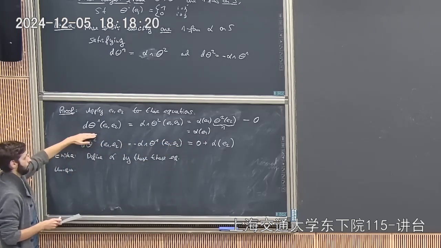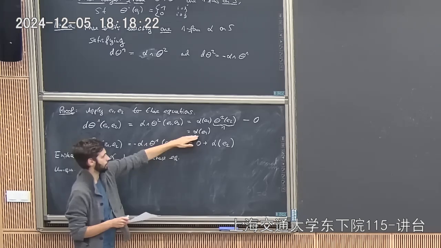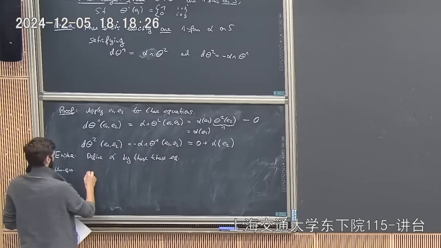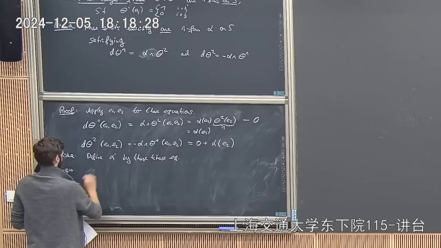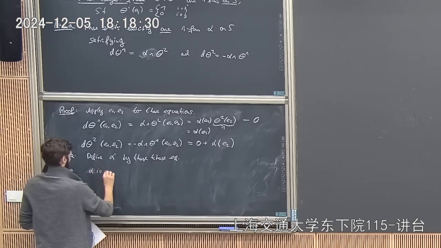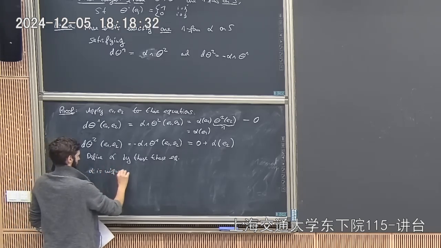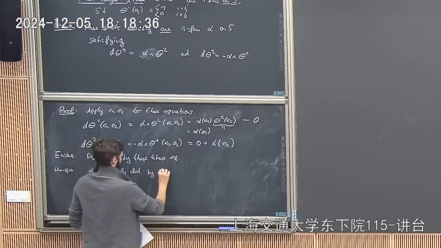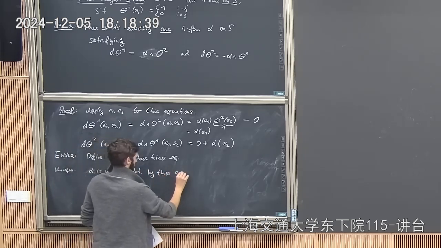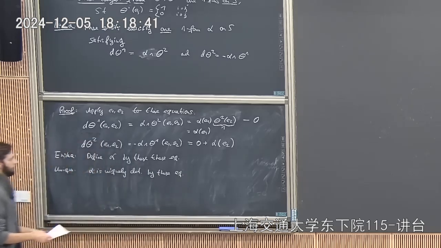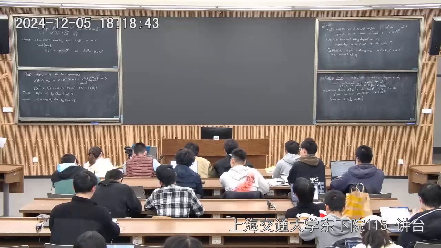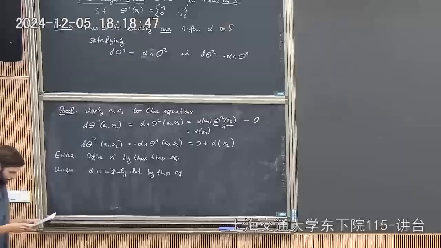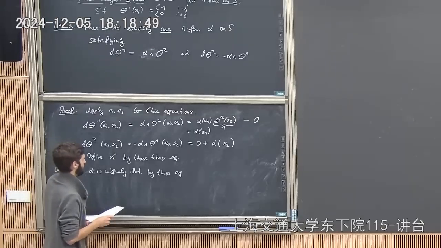If you have multiple, the left-hand side doesn't depend on alpha at all. Okay, so that shows that there exists exactly one form on S that satisfies these two structure equations. So that allows us to